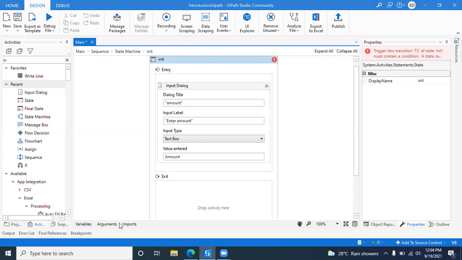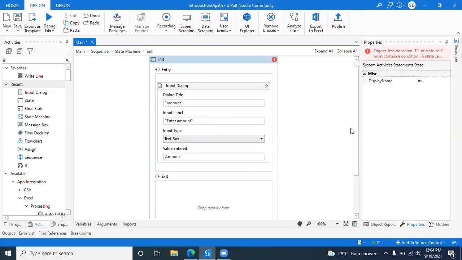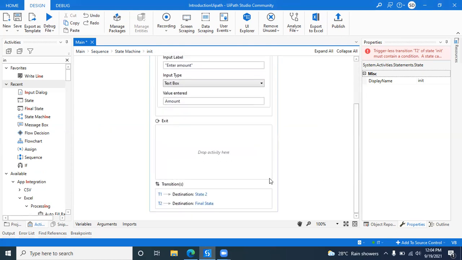Okay. So in the init state, you are entering some amount. And in the condition, you can put these two conditions. First is going to the final state, second one is going to state 2.